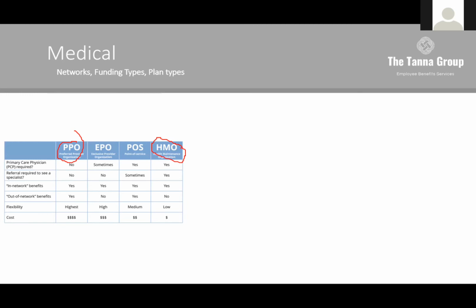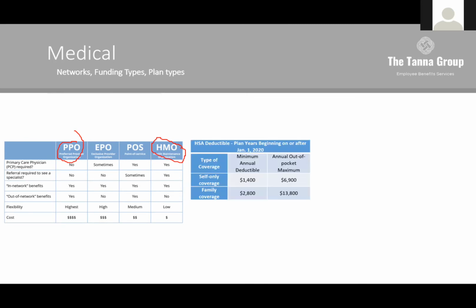The next consideration we need to think about is if we want to have a typical copay plan or if we want to have a high deductible health plan that can be paired with an HSA. For those of you who are not familiar with the Health Savings Account or HSA, it's a way for employees to set aside pre-tax funds that can be used for healthcare eligible expenses. Amounts in the HSA can be accumulated over the years and distributed on a tax-free basis to pay for or